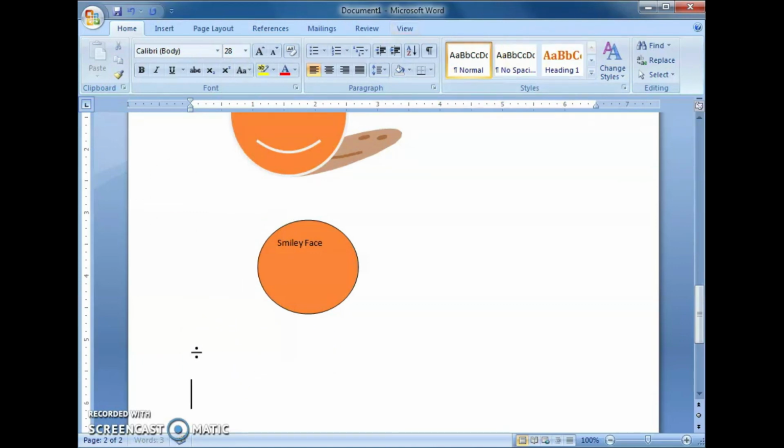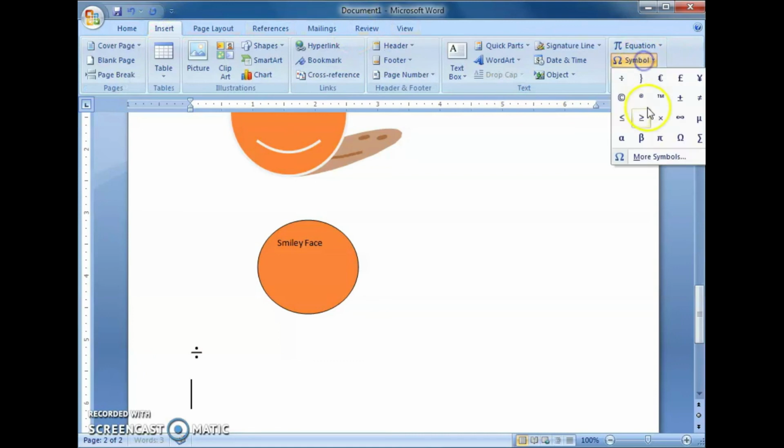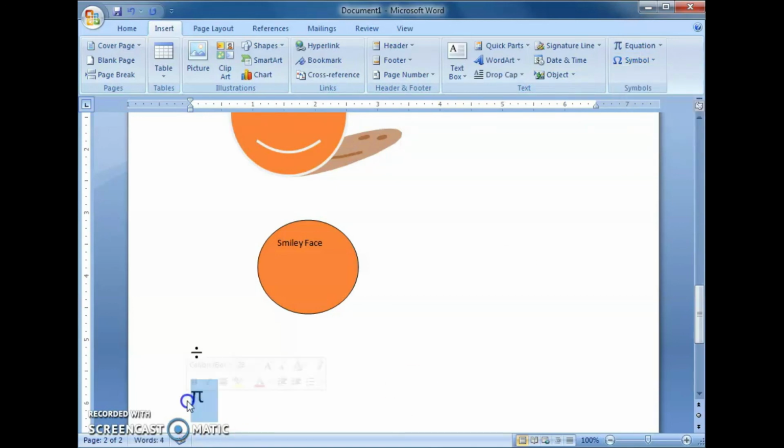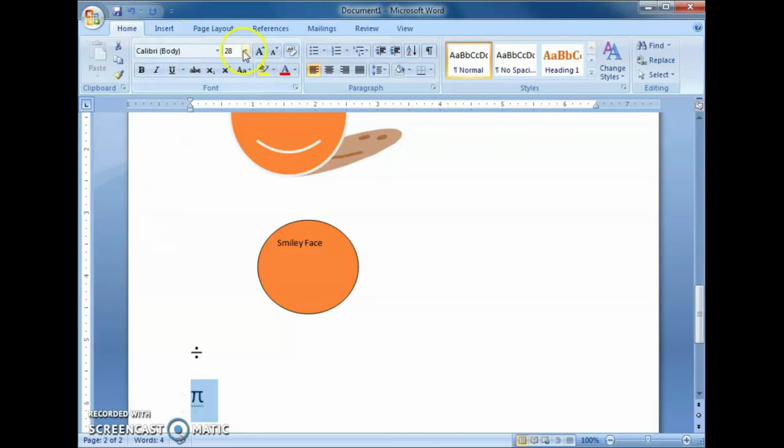Then next, insert the pi symbol. Directly we can insert this pi symbol. The size of the symbol also we can increase. In this way, we can insert symbols to our document.